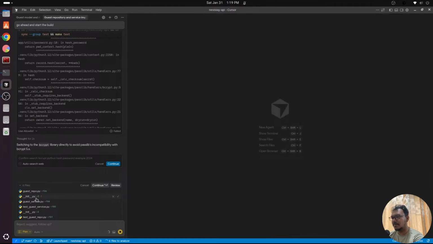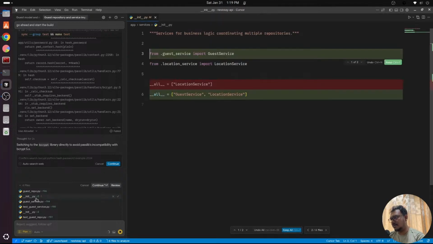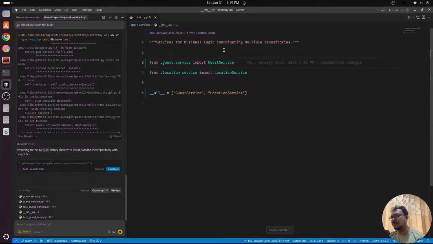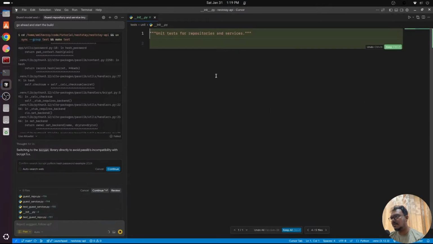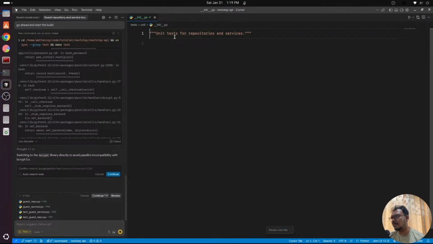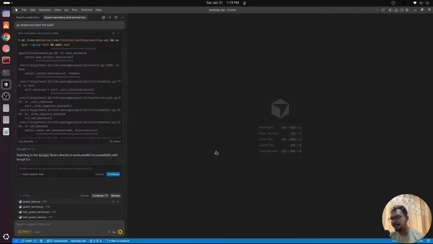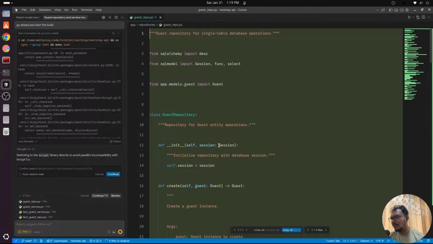In this is the repository service, it adds the service. Go ahead. This is the unit. Okay, let's allow that. Now guest repo, we have create,